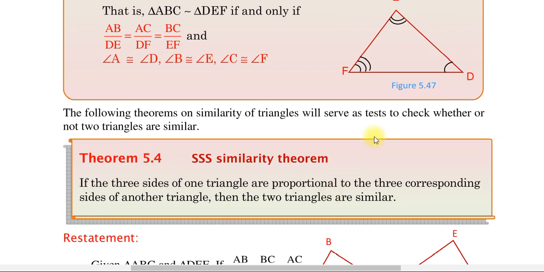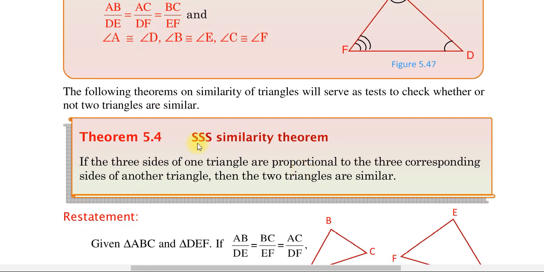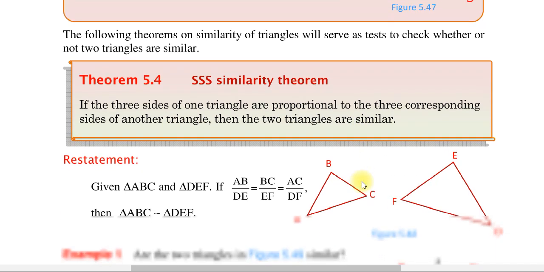The following theorem on similarity of triangles will serve as a test to check whether or not two triangles are similar. The first theorem is side-side similarity theorem. If the three sides of one triangle are proportional to the three corresponding sides of another triangle, then the two triangles are similar. ለምሳሌ እንየው።